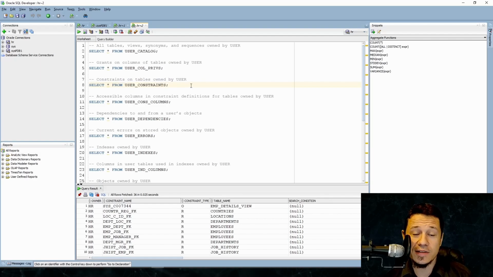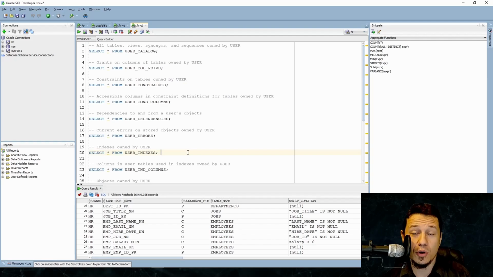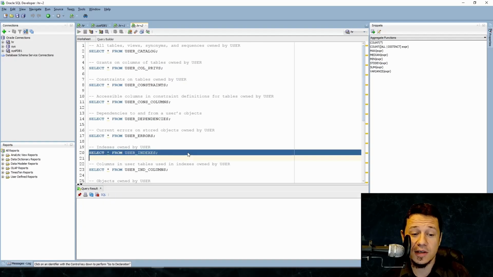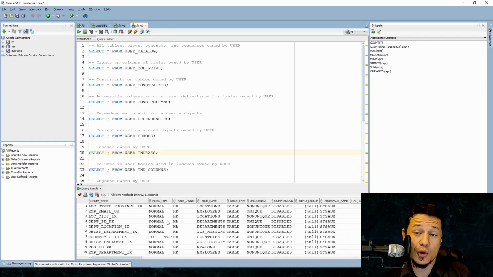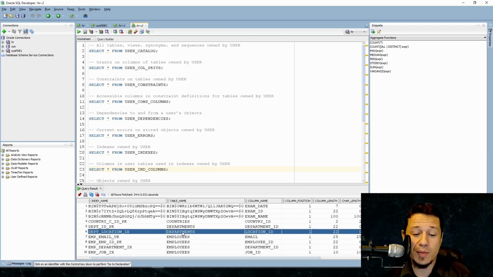And user constraints returns, as the name suggests, constraints that have been created by that user. So for example, primary keys, foreign keys, the not null constraints, and so on, right? One that we already checked in previous lessons is the user indexes. So this shows us the indexes that we created. Or, for example, we can check those indexes by each particular column. So we can check a particular index, on which table it is, the column name, and a lot more